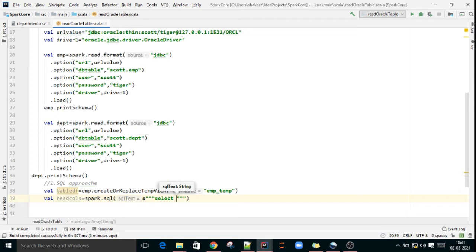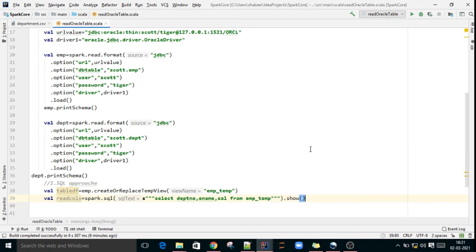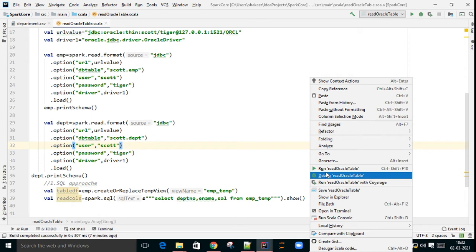Suppose select star from, or select department number, e-name, salary from emp. That way also you can write. Then .show. Just execute this, we'll see the output.